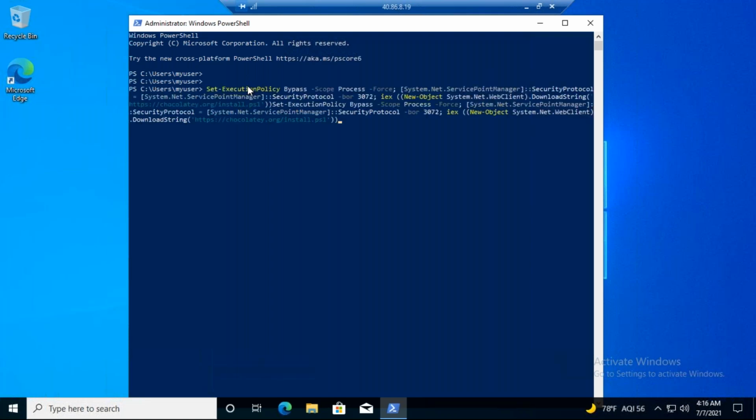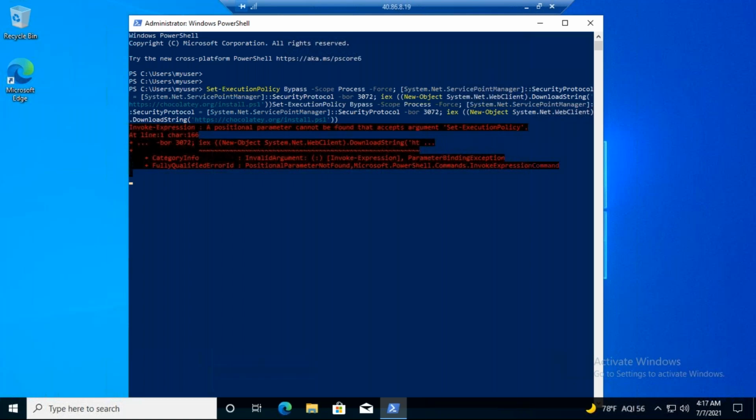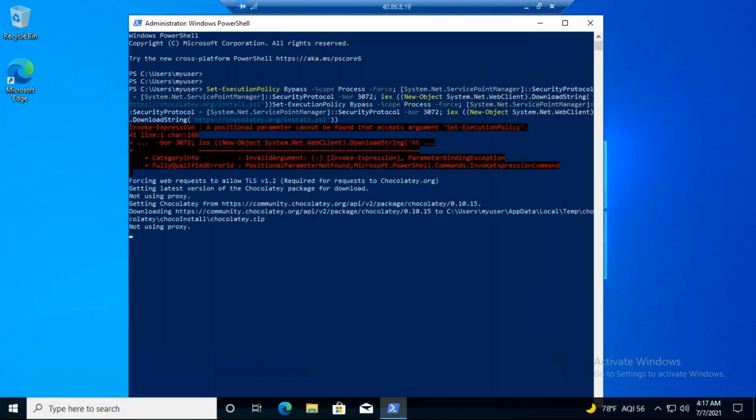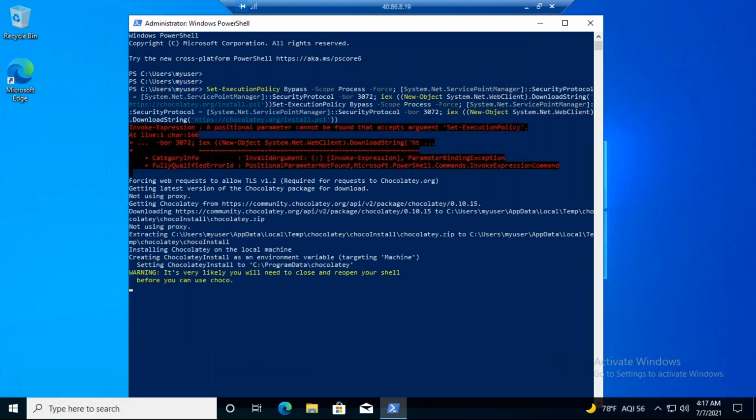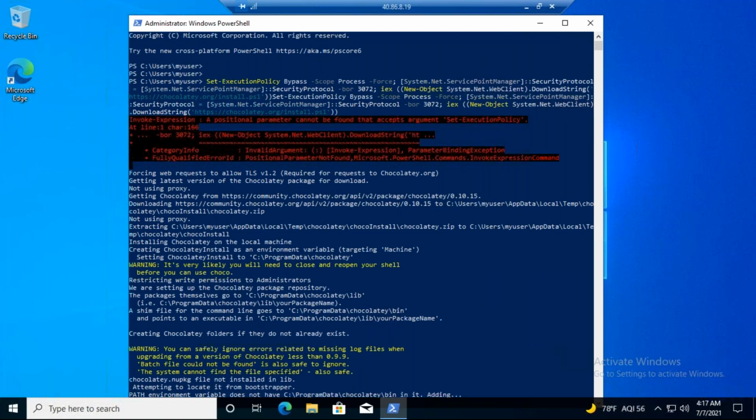So this is the command to execute. Once this command is successfully executed, you can avail the Chocolatey package management command. You have to run this command from PowerShell admin mode.